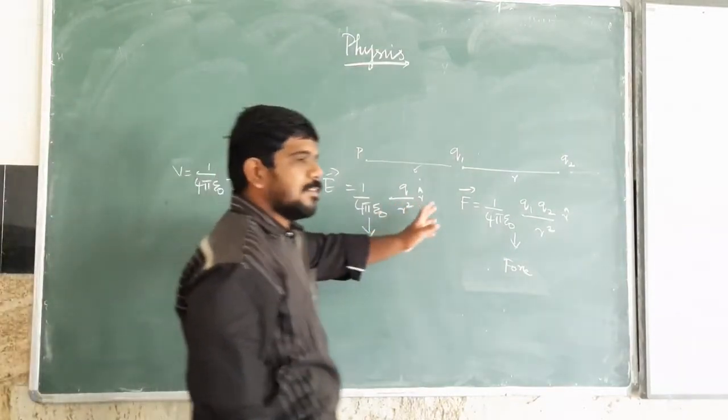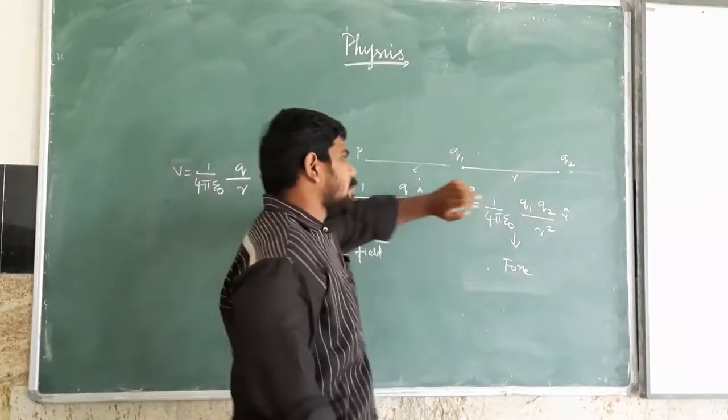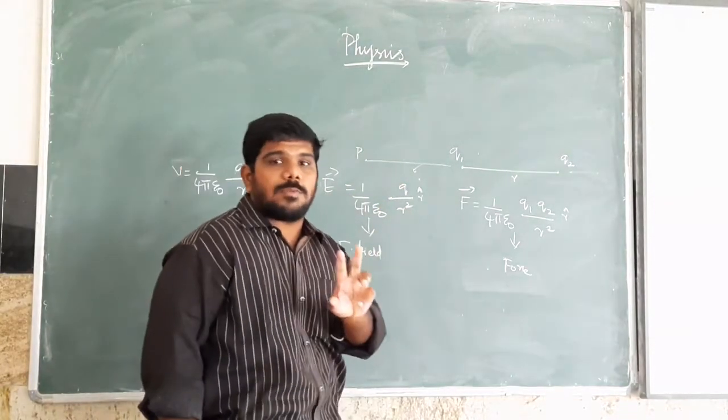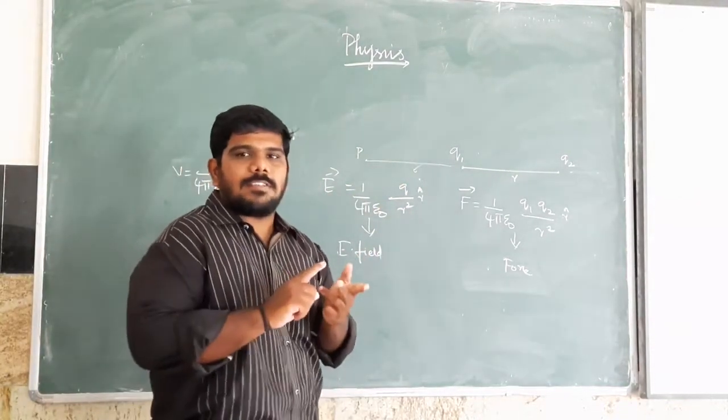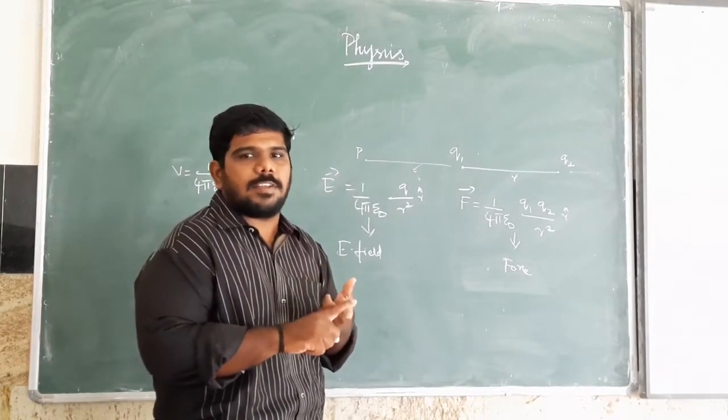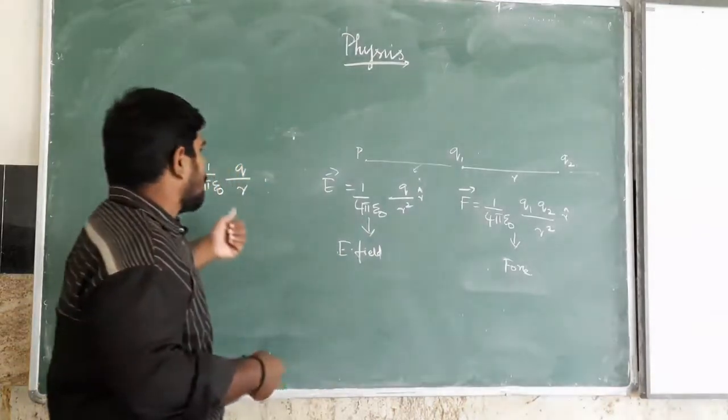For these almost 5 classes, first we learned the force between two charges. Second, we learned the electric field. From that we learned two important final questions: one is the electric field due to an axial line, and the other is the electric field due to an equatorial line. Then in our next online class, we learned electric potential.